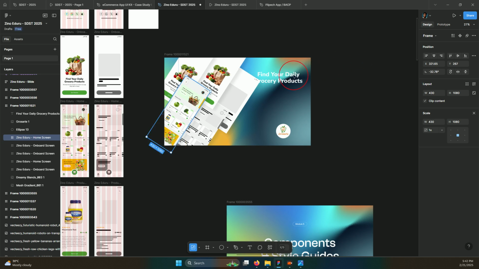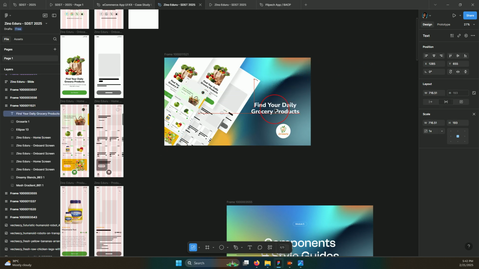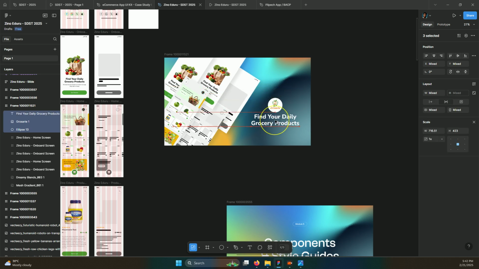Good, and then you can put the text right here now, and just centralize it. Or you can even put the logo on top of it here. Yeah, voila,